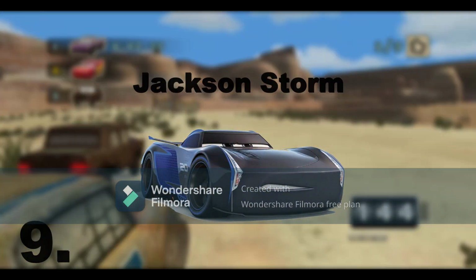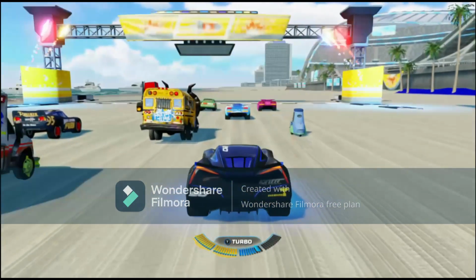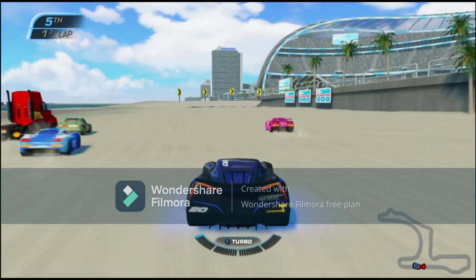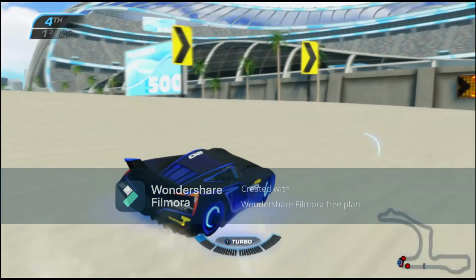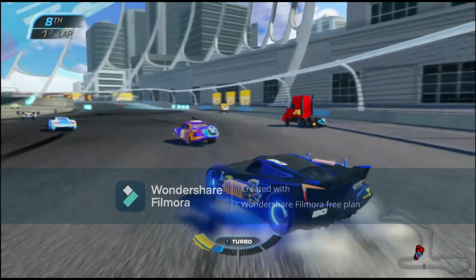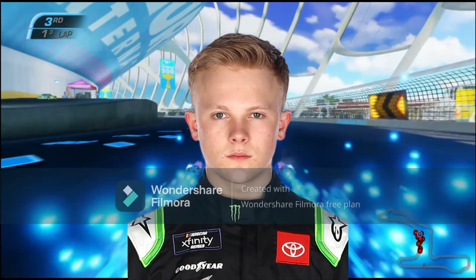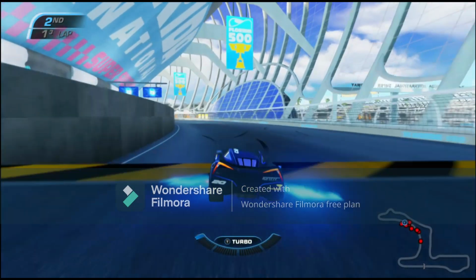Jackson Storm. Alright kids, once again we're going to go back in time to 2017 for Cars 3. So you see, when Cars 3 was being developed, there were 2 different plot points. One being Route 99, and we would see a carified version of the Batmobile and other stuff like that. And then there's the one that we know today, where Lightning McQueen basically faces off a whiny little brat, who's basically an edgy edgelord who hates everything and wants to be the next big thing, and just to compete against